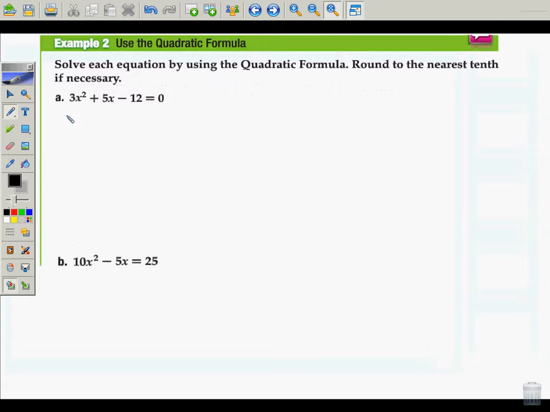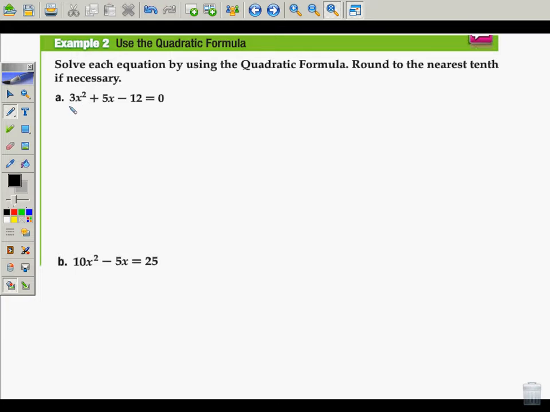Formula a couple more times just in case you weren't as excited about it. We'll get you all warmed up. And what I want you to know, you will sometimes get decimals. A good rule of thumb is to round to the nearest tenth in these problems, unless you're told otherwise. But for now, just assume to round to the nearest tenth, or to leave them as fractions, which is what